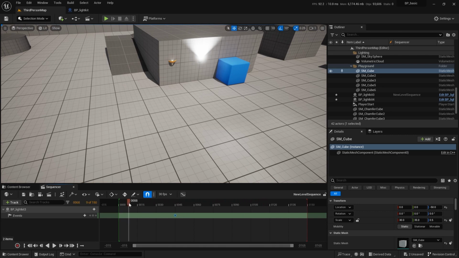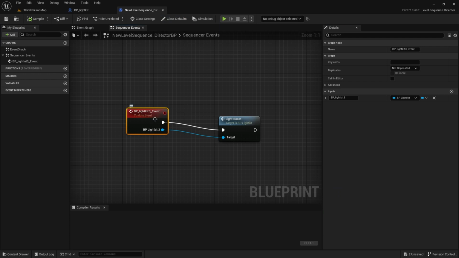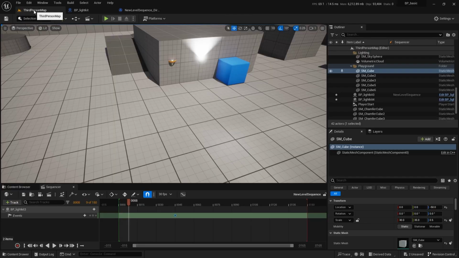So why is that? There's a couple more settings we have to do to make this work. Let's go back to that director blueprint. In here, if you look at your keyframe trigger, notice there's a checkbox that says call in editor. Enable this event to be called in editor. Right now that means this is not being called in editor. So check that box, compile, save, come back to your level, hit play,